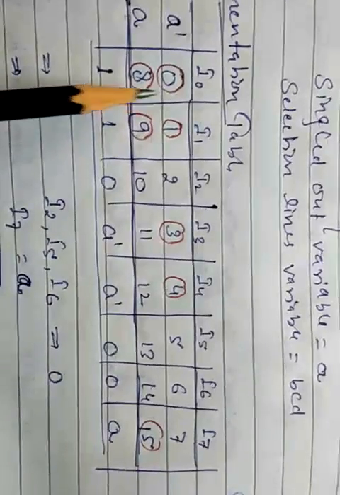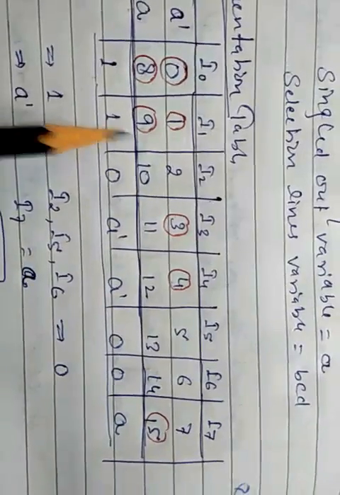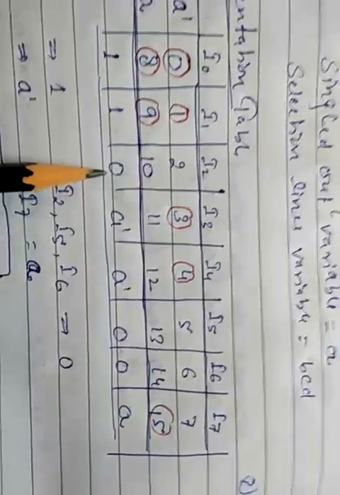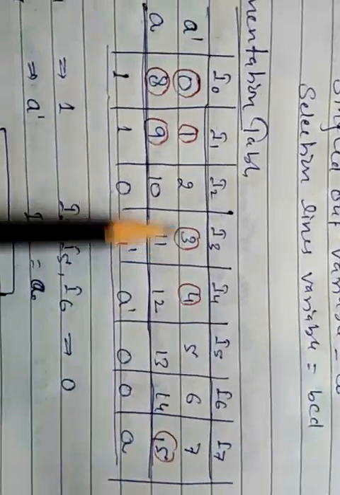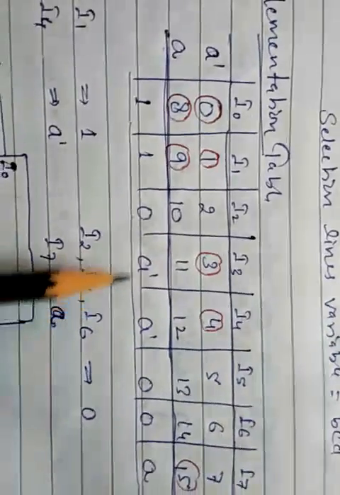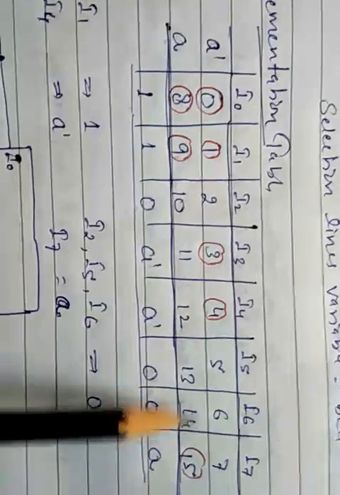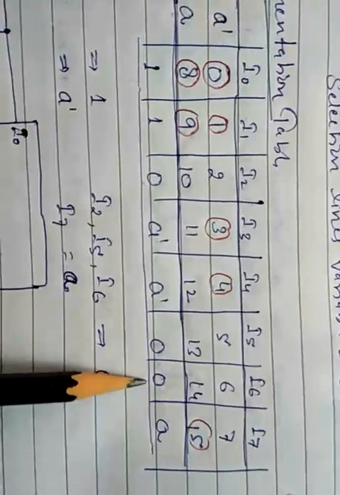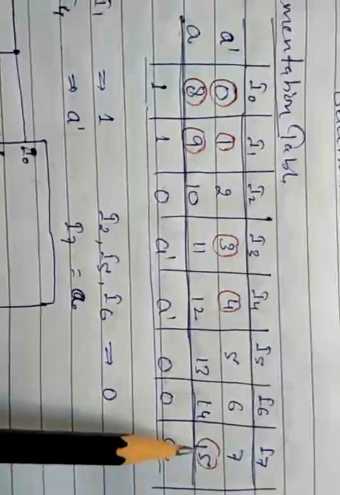So if both numbers are circled, here will become 1. In the second column 1 and 9 both are circled, so here will become 1. If no number is circled vertically, this will become 0. If only one number is circled, on the top side, then the top variable will be written, so here we will write A bar. Again here we will write A bar. On I5 and I6 there is no selection, so we will write 0, and in case of I7 we will write A because the bottom number is selected in this table.